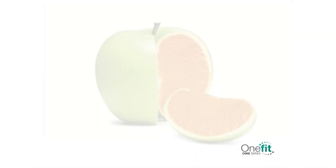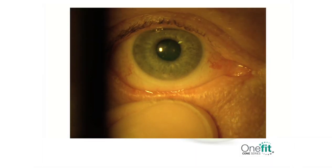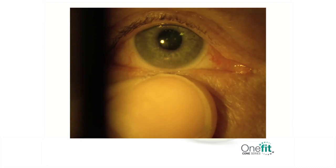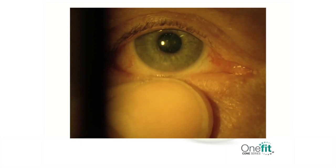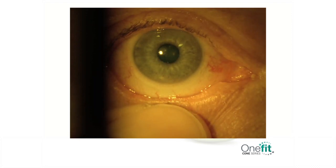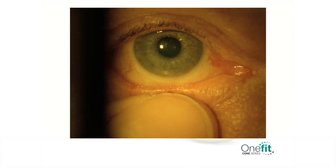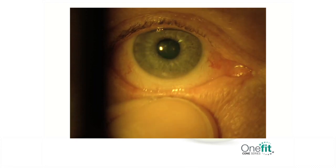It is important to evaluate the lens-conjunctiva relationship by performing a push-in test. Do so by applying gentle pressure on the lower conjunctiva. This is the in movement. And then, while applying this pressure, push the lens up. The lens should offer little to no resistance and exhibit 0.5 to 1 millimeter of movement, not with blink, but